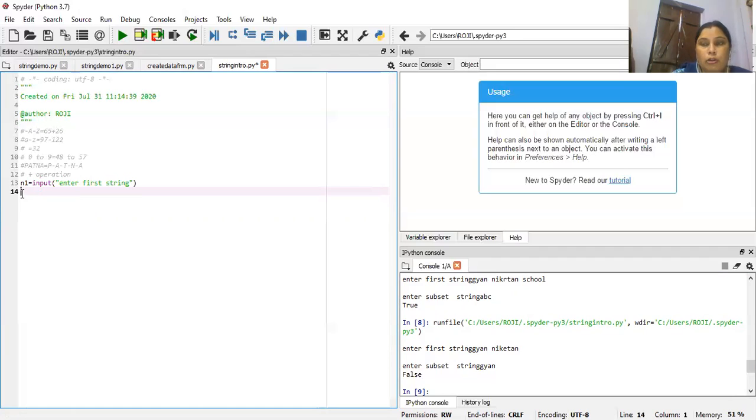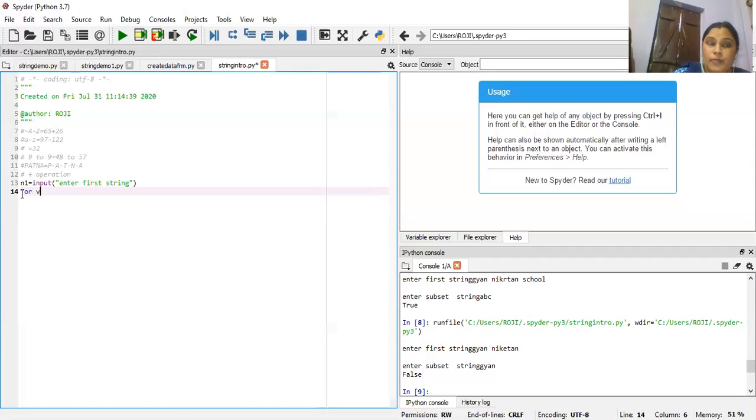That is, how to display the characters of a string on different lines. So n1 is a string where we enter the value from the console, and whatever value is entered by the user will be stored in the n1 variable.